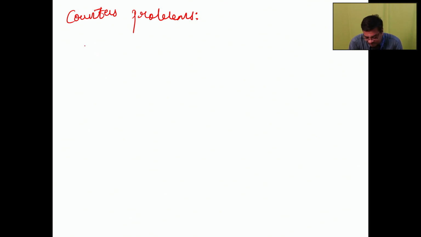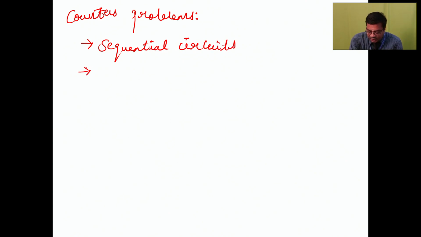So based upon this, we are going to solve the counters problems. While you are coming to the counters problems, first we are going to define what is meant by counters. So counter is a sequential logic circuit consisting of 2 or more flip-flops,